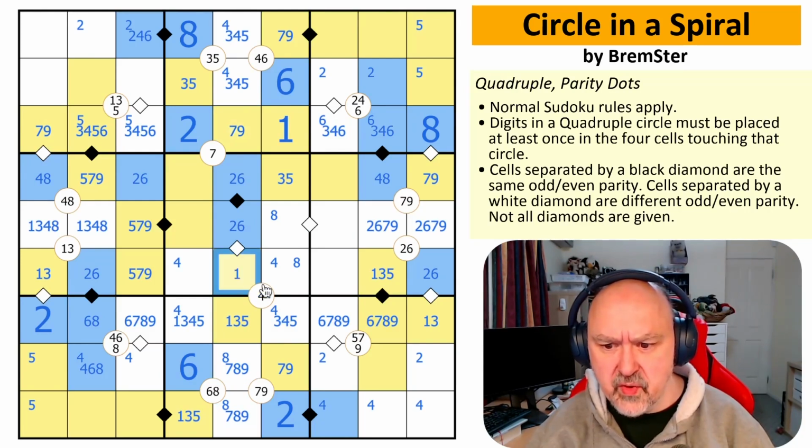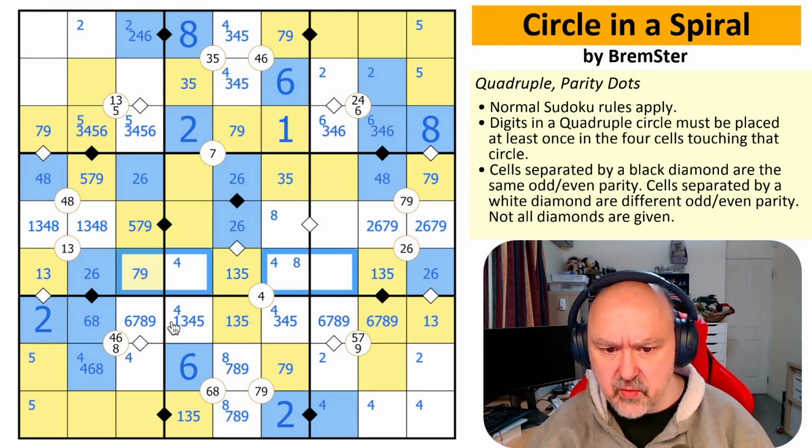So this is 1, 3, 4, 5, and it can't be a 4 because it's odd. So this is a 1, 3, 5. Oh, there's a 1, 3, 5 along here. So this can't be 5. And that means this is another quad, because it can't be 1, 2, 3. So this is 4,